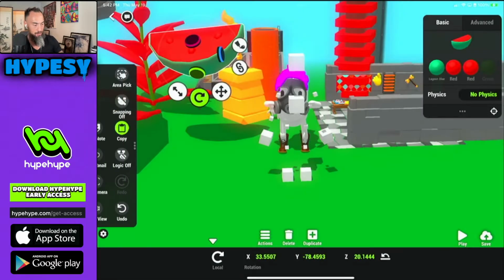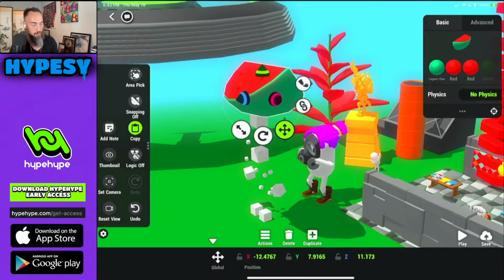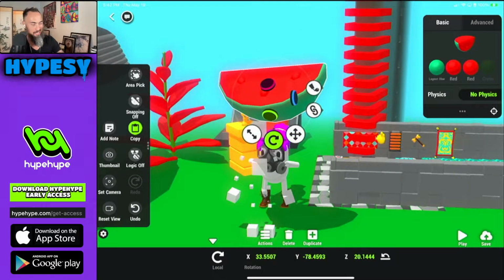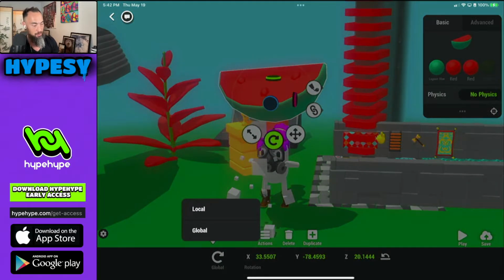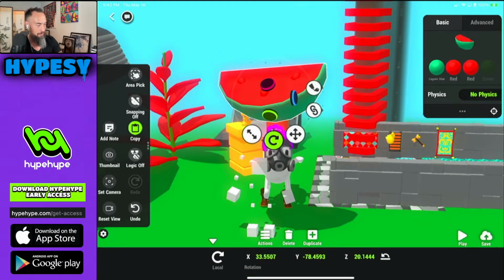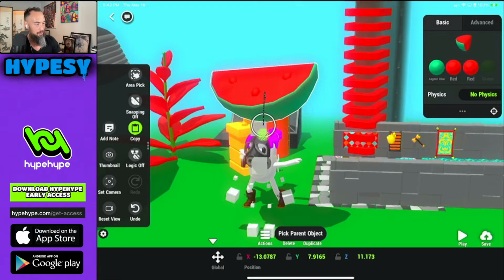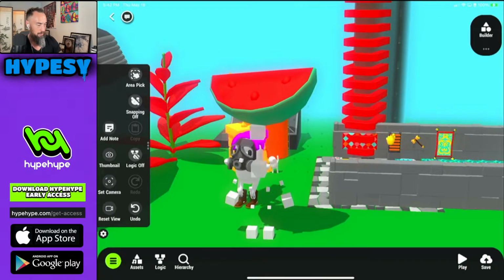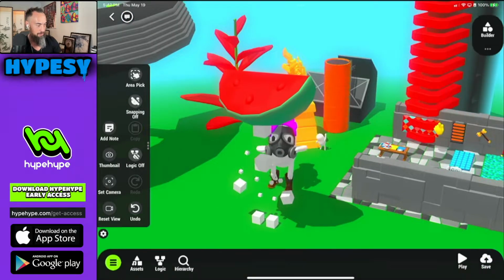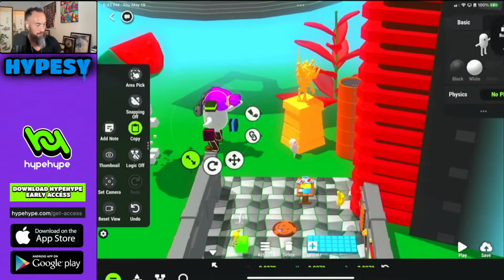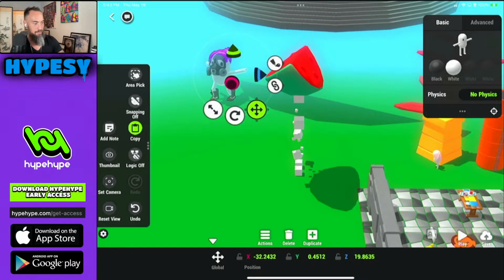Global and local. I wanted to rotate this watermelon, but when I hit the rotate, it's all at different angles, which is not what I was looking for. So I hit global and it's like global is the entire world. You have your X, Y, and Z, and these are not going to change no matter how you move the object. So I changed it to global and that worked. If I wanted to take this and hypothetically glue it onto the head, I can do that because the character is pretty big. Homegirl is dancing in the back, so let's move her to the side. Yeah, why don't you dance underneath the spaceship?